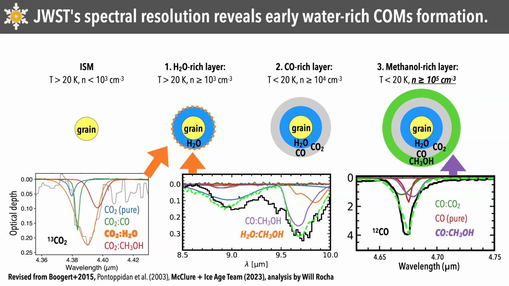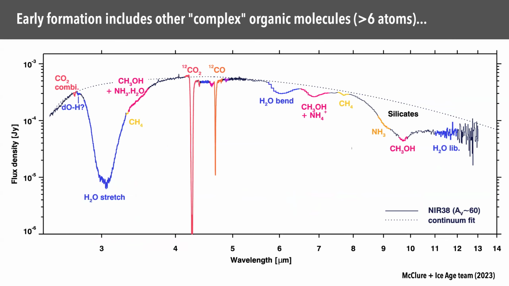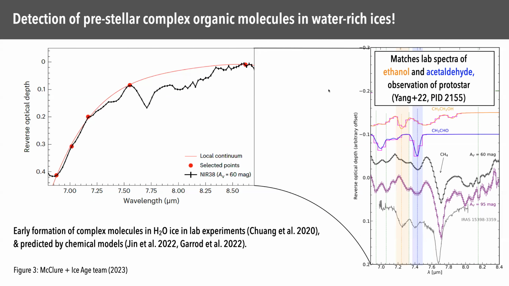So we saw this feature of methanol, and that it looked like it formed with water and formed early. So what about the other weaker features for complex organic molecules that I had mentioned on one of the earlier slides? Well, we can look in this region of the spectrum, the 6 to 8 micron region that we mentioned earlier, and blow it up. And the quality of this data is so good. This is a signal to noise on the continuum of about 400. So even though it looks like these are really faint wiggles,